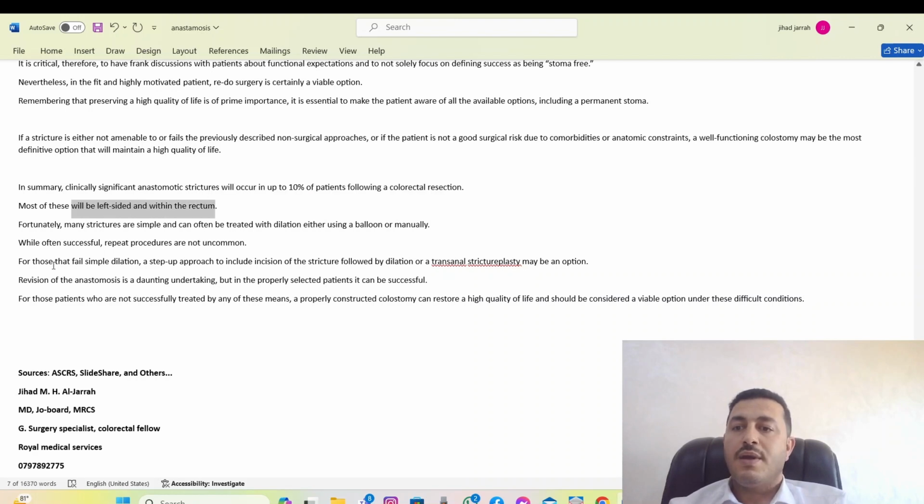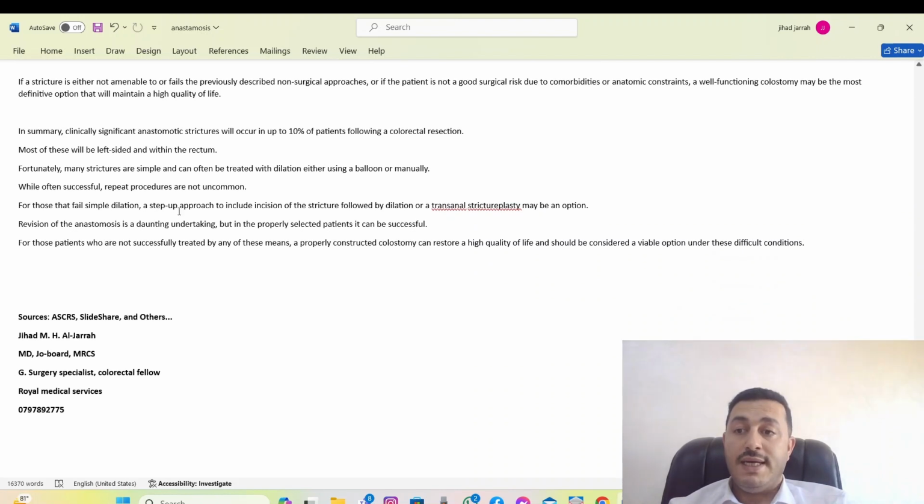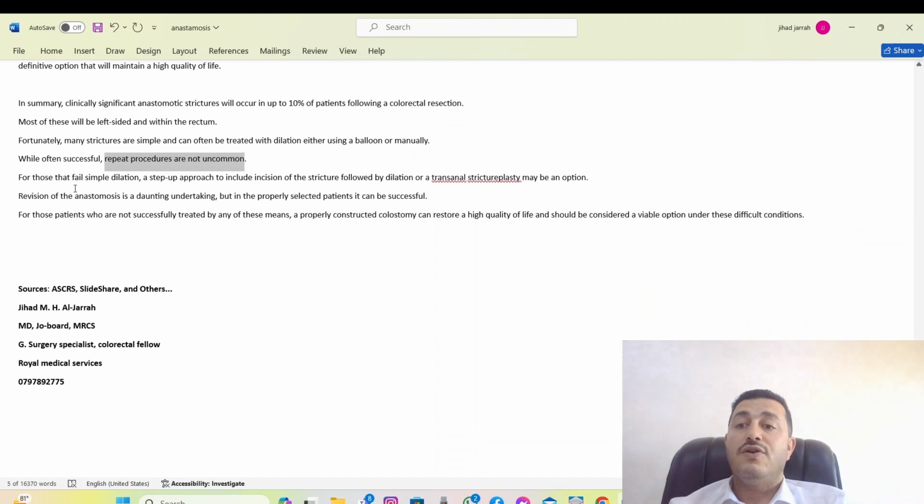Fortunately, many strictures are simple and can be treated with dilatation using balloon or manually, while often successful. Repeated procedures are necessary. For those that fail simple dilatation, we go to incision of the stricture endoscopically, followed by dilatation or transanal